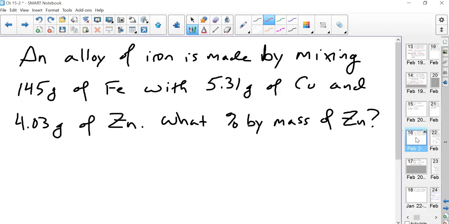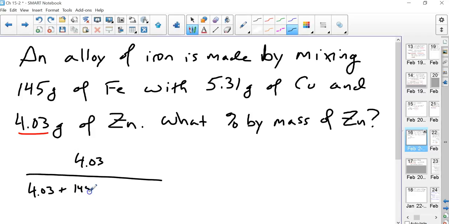Let's do another one. How about an alloy? So we've got an alloy which is some iron, a little copper, and a little zinc. What's the percent mass of zinc? Well, zinc is 4.03 grams. So the percent mass of zinc will be 4.03 grams over the total mass, which will be 4.03 plus 145 grams of iron, plus there's a little copper in there, 5.31. Of course, times 100. I think I forgot that on the last slide. And that's going to be equal to about